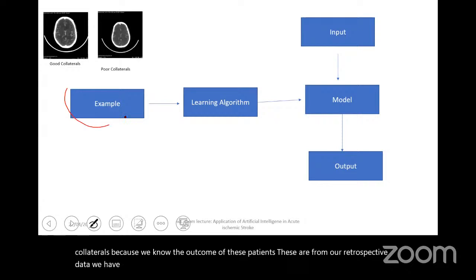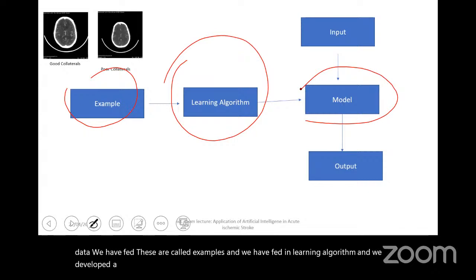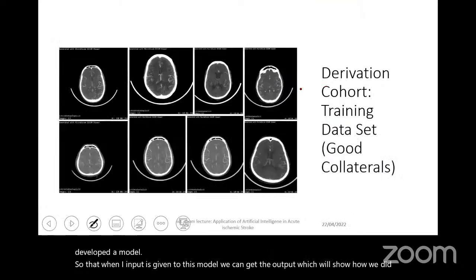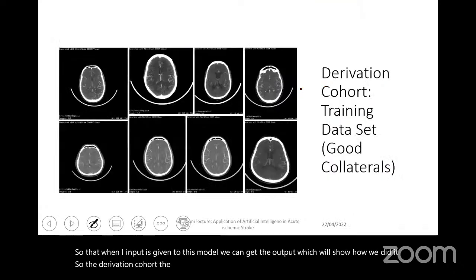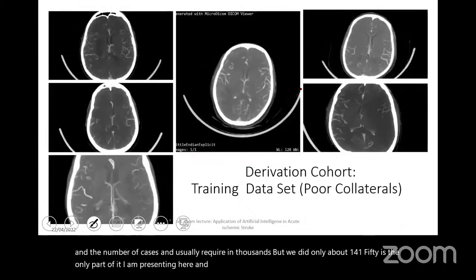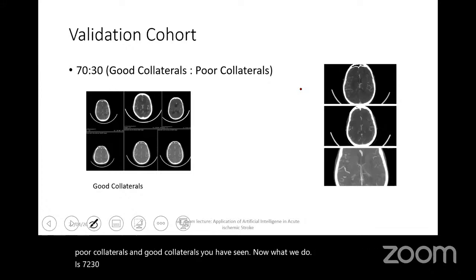We have fed these, called examples, into a learning algorithm, and we developed a model so that when an input is given to this model, we can get the output, which will show how we did it. So for the derivation cohort, the training data set, good collaterals, we collected a number of cases. Usually it requires thousands, but we did only about 140 to 150, and only part of it I am presenting here. In the derivation cohort training data set, you have seen the poor collaterals and good collaterals now. What we do is a 70 to 30 split: good collaterals and poor collaterals we segregate